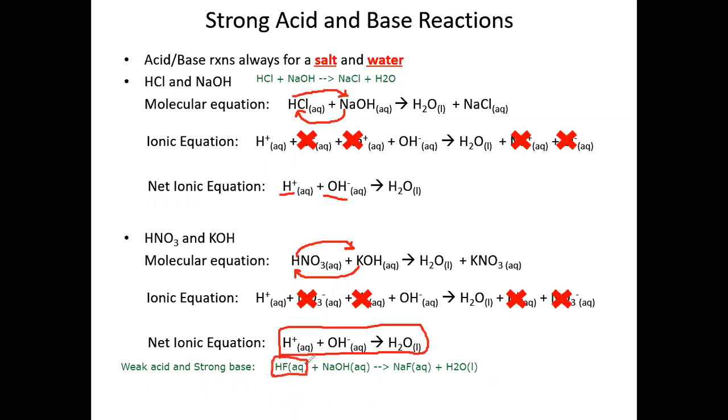Again, for weak acids, on this side of the equation, the weak acid remains intact. Because it's a weak acid, we did not break this apart. This is one of the special rules for weak acids when you're writing a weak acid, strong base equation. So this would be HF aqueous plus